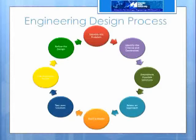The picture we have here is the engineering design process, and this is kind of our model that we follow for our professional development, for our work with our students, and for any activities that we do. And this engineering design process is really just a problem-solving pathway. It's a way for students and educators to solve problems systematically, just in the way that engineers would do to